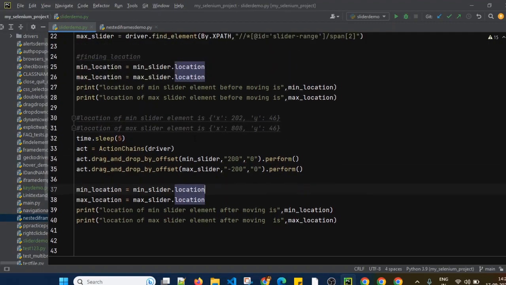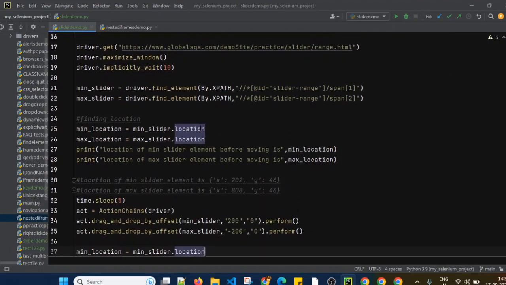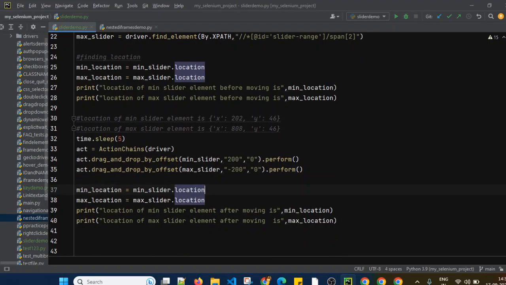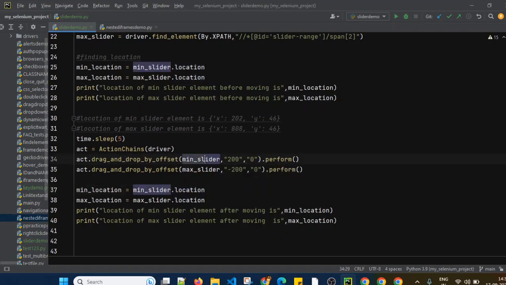So let's revise one more time. If you want to perform actions on a slider, we want to move the slider in any direction, we can use one method, that is drag and drop by offset. In this we have to provide 3 parameters. Minimum slider, that is the element which you want to slide.